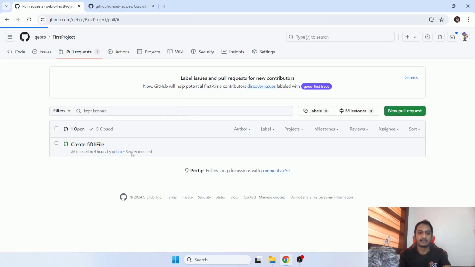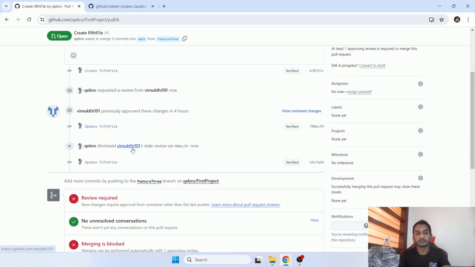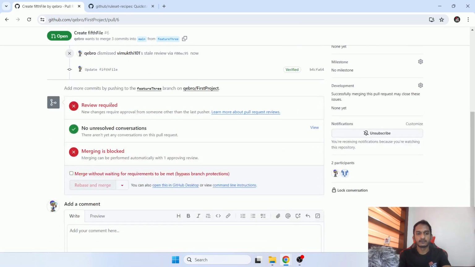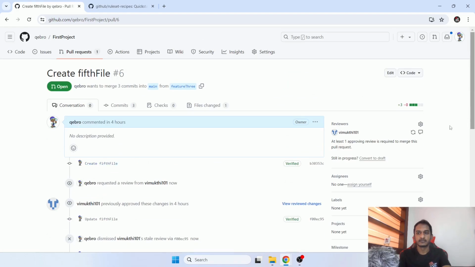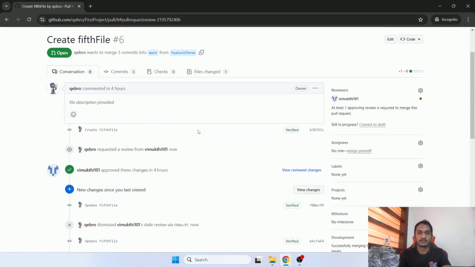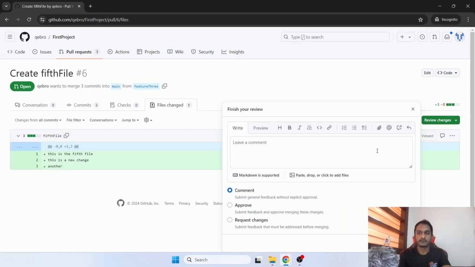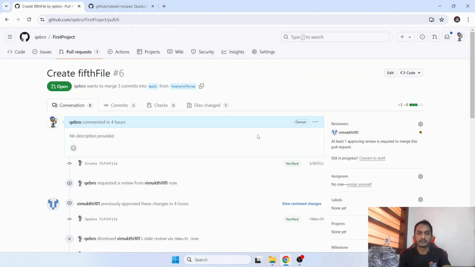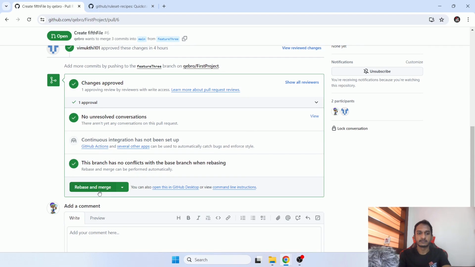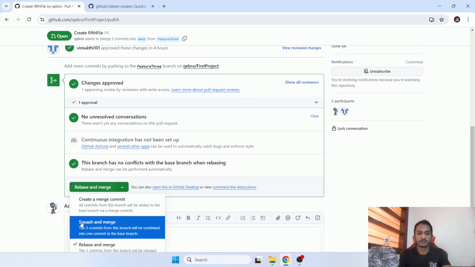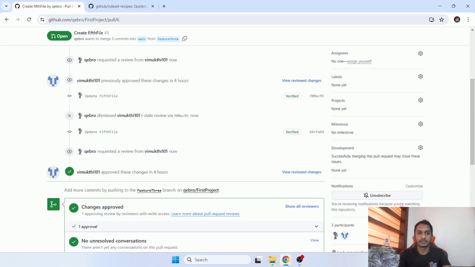Since I made some commit pushes after the review, the previous review was dismissed. So in that case, I can't merge. You can see the tick was removed and I went to re-request. Now I re-requested. Now I can re-approve it if all things are good. Now the merge option is enabled. This time I will go with the squash merge. Now keep in mind,